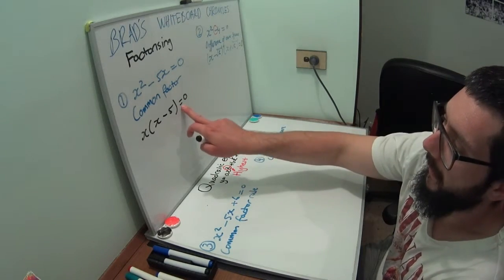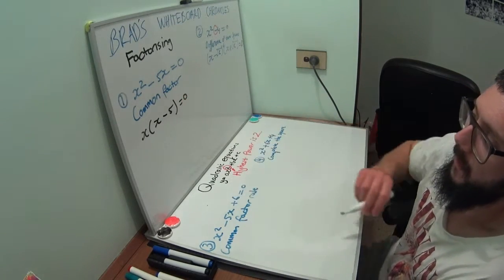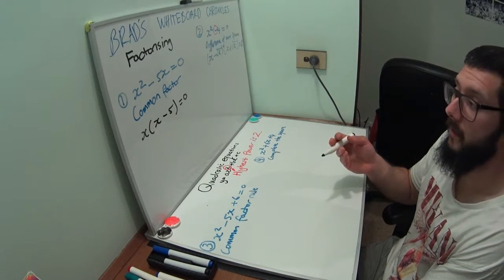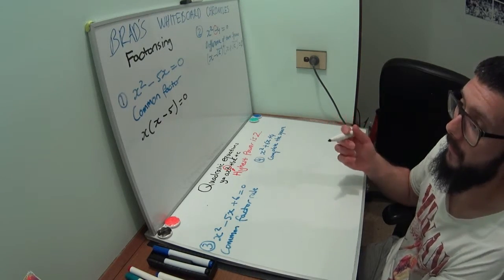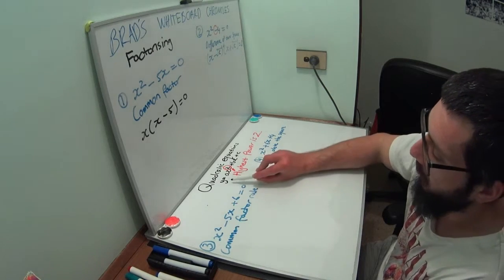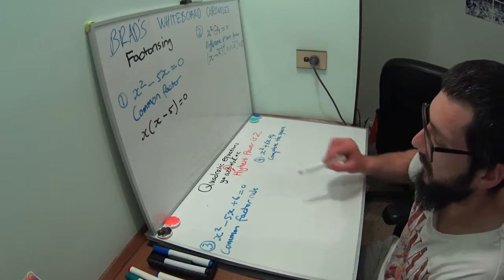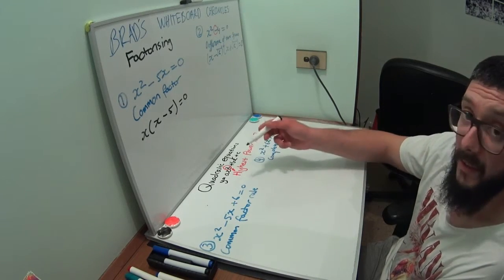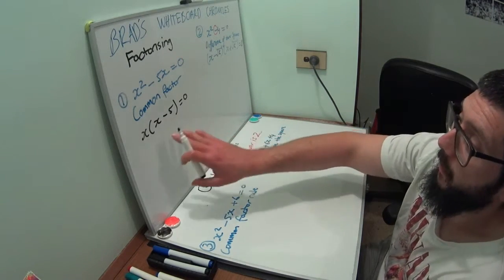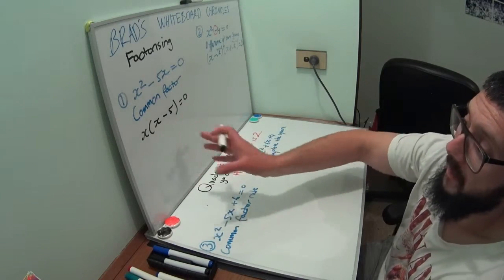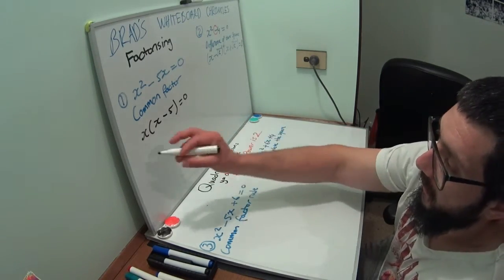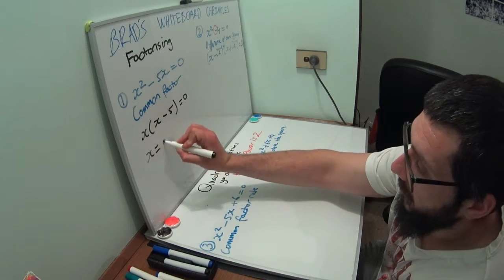Now the next thing we're going to look at is solving the equation. Generally when we solve for x-intercepts, we've got to make y equals 0. In this case we have y equals ax squared plus bx plus c. So how do we solve for x-intercepts? We make y equals 0 and we solve for x. In this case we already have y equals 0 and we're going to be solving for x. So now we can rewrite this as x equals 0